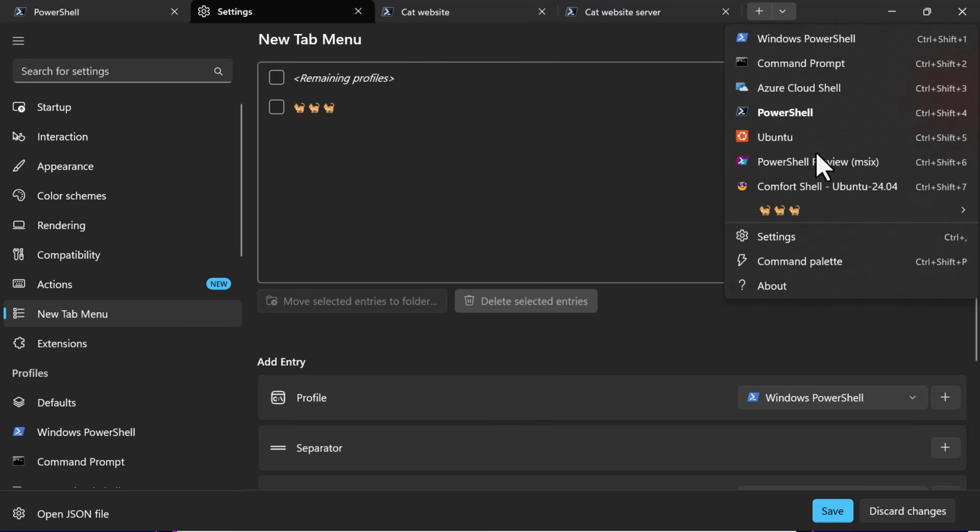So here are the rest of my profiles. Here's my cats. And then in here, I have cat website and cat website server. So I could group this by class. So this could be my data structures folder. I could have my comp sci 1 folder. I could have my web design folder. You get the idea. And the same works for if you're just working on different projects like myself,